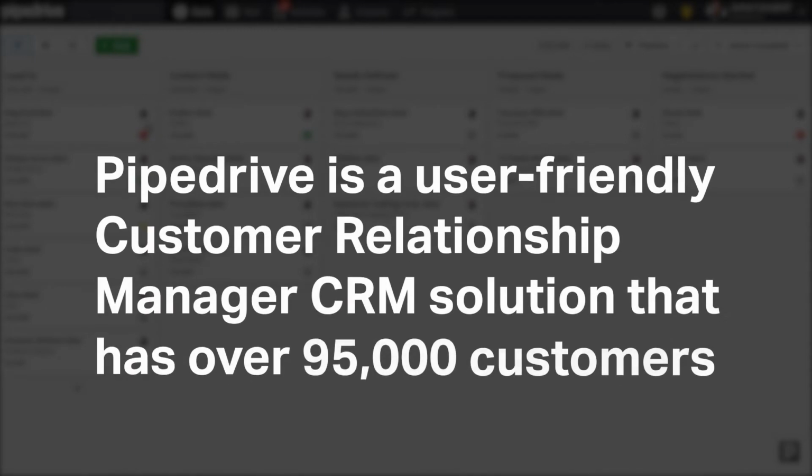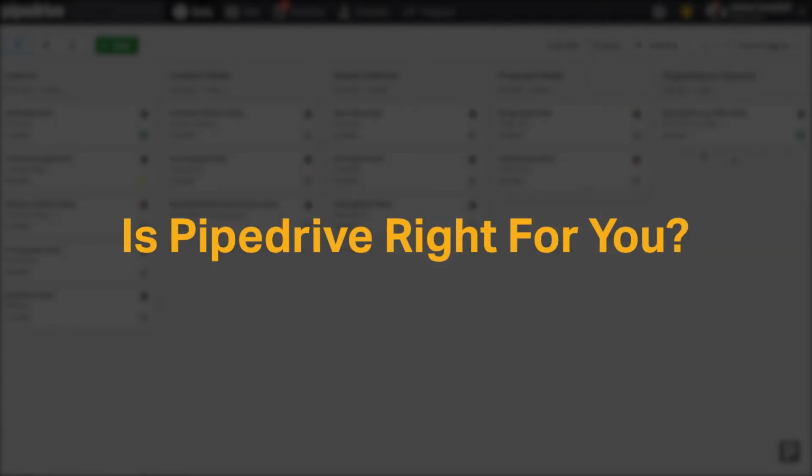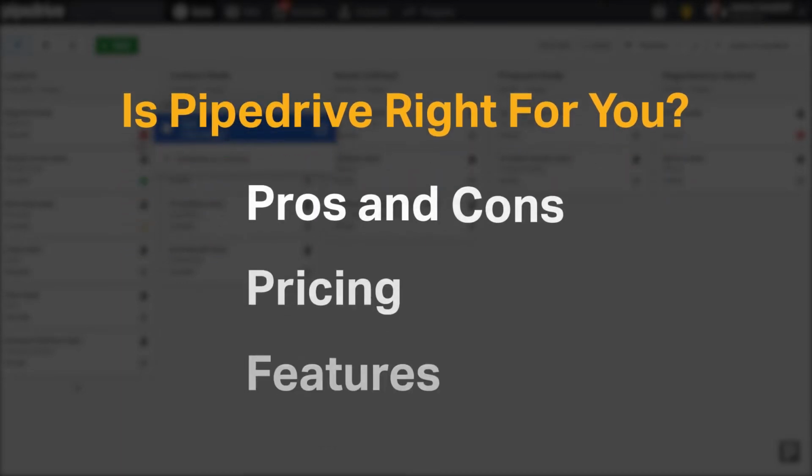Pipedrive is a user-friendly customer relationship manager solution that has over 95,000 customers. But is it the right CRM for you? We're going to cover the most important things you should consider before making your purchase, including pros and cons, pricing,